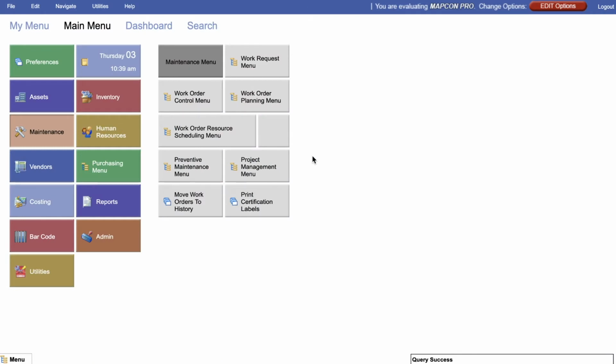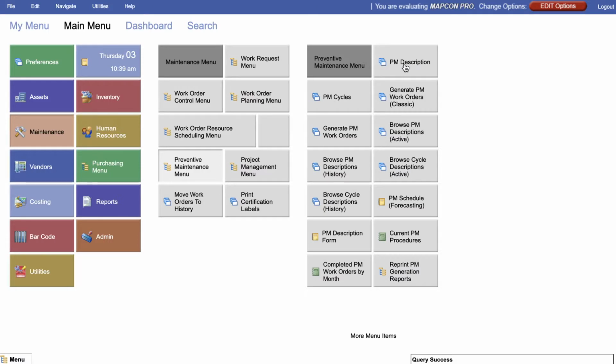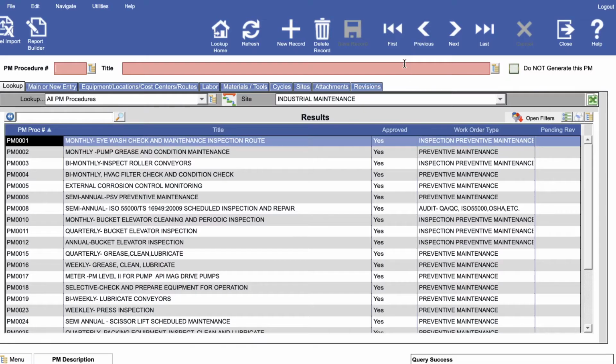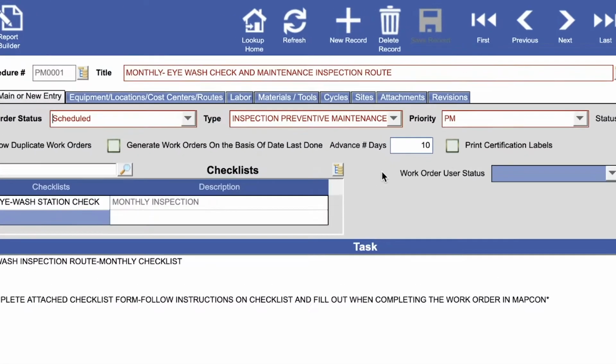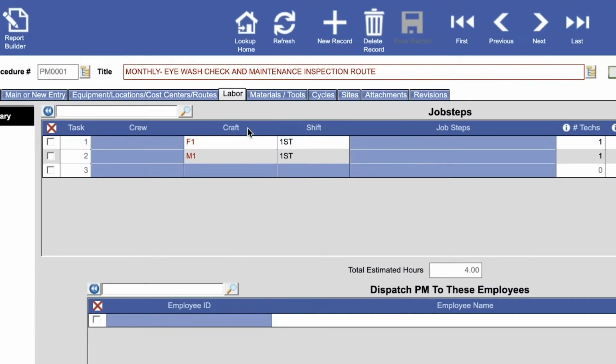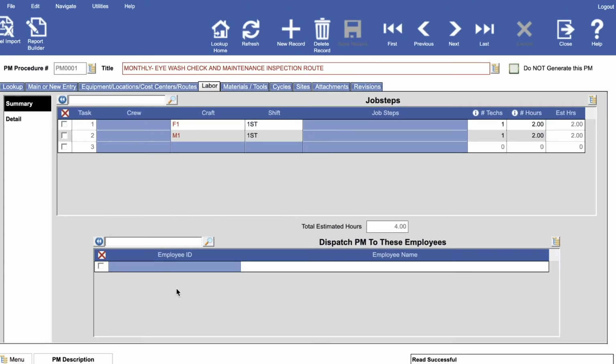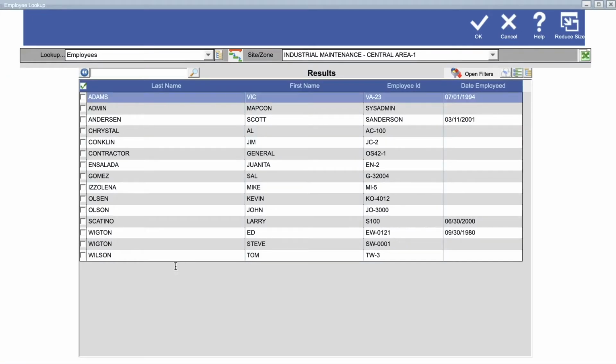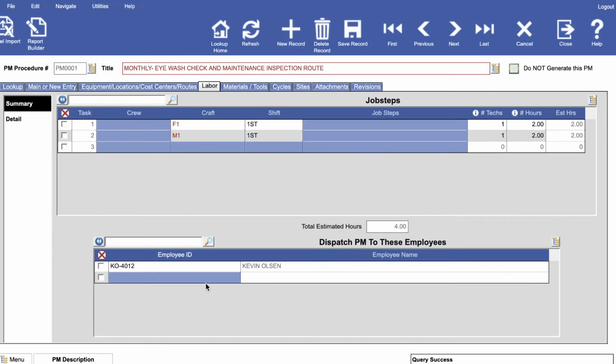PMs can be dispatched to employees in multiple ways. For the first method, navigate to the PM description screen and select a PM from the list. Click the Labor tab to dispatch PMs to individual employees in this section of the screen. Labor must be defined in order for the PM to be generated with the planned or scheduled status. Now, whenever a work order with this PM description is generated, the work order will be dispatched to the specified